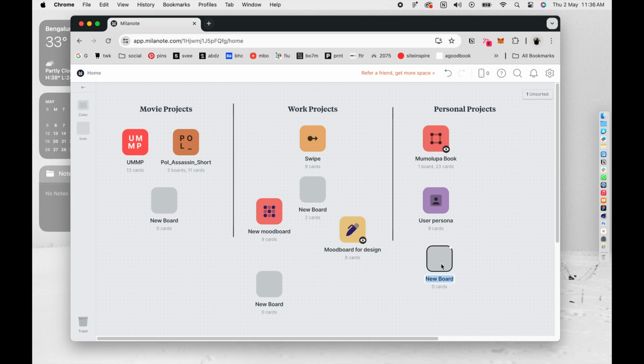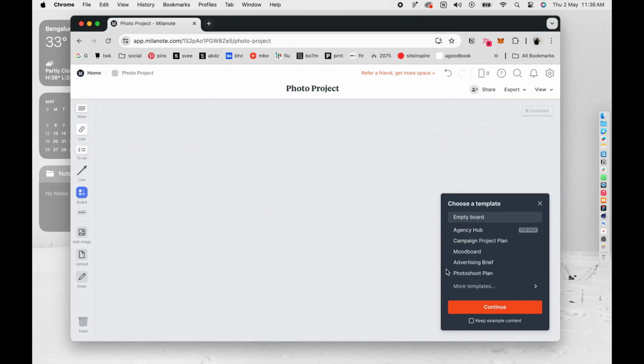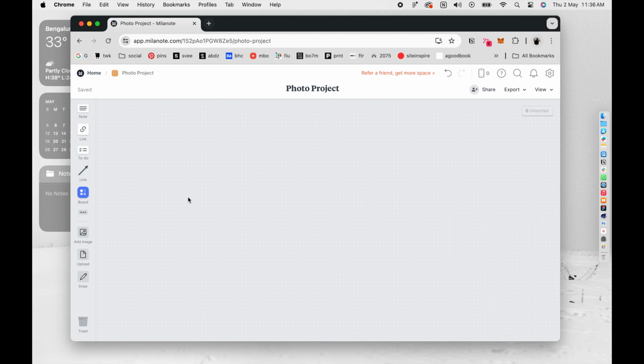You can call it the photo project, whatever the title of the project is. And then you go inside and you can build your ideation here. So two people stuck in a post-apocalyptic world. This is my idea. I want to show two people stuck in a post-apocalyptic world. That's my basic idea. So now what we have to think about is,